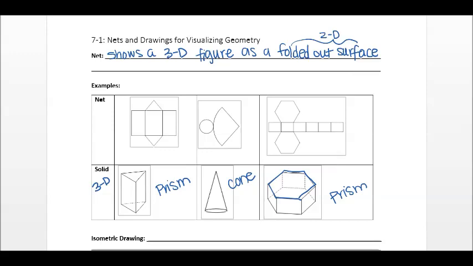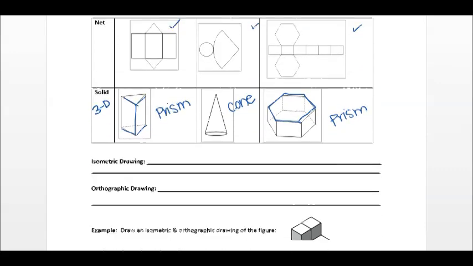Okay, so these are three-dimensional shapes, and if we imagine they're made of paper and you take some scissors and you cut right here and here and here and maybe here and here, and then you unfold it, it would look like this. So you see you have the two triangles and the rest are rectangles, and you could fold it back up and it would make a triangular prism. So that's what a net is. These are the nets for these different shapes. So that's one way that we can look at